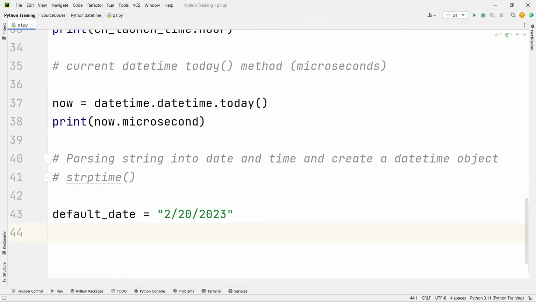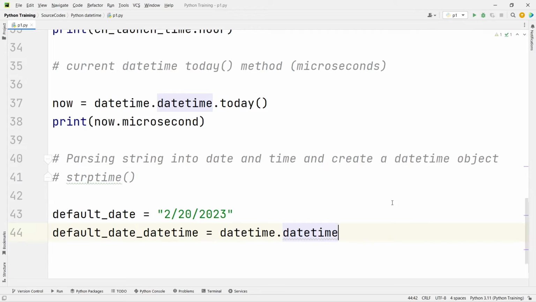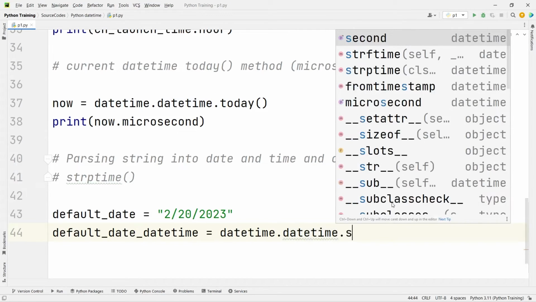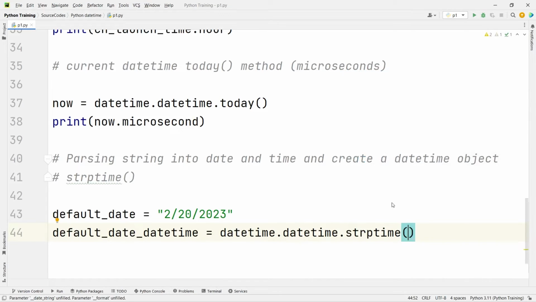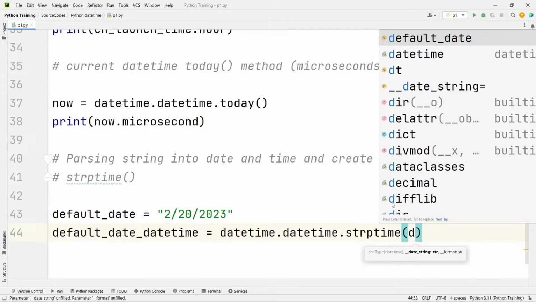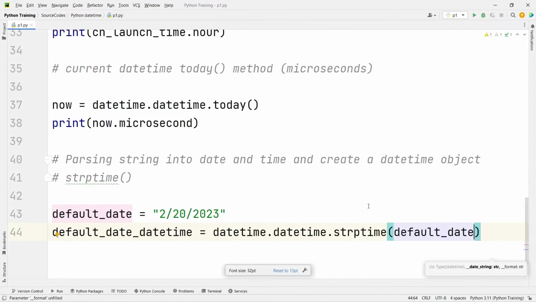So for that I will use my variable default_date_datetime is equal to, I will use my datetime module dot, I will use the datetime class. Here we have the option of strptime. You can see here, this is the option strptime. So first thing first, we have to pass the string. I have already done that. This is the default date, that is our string, and you need to pass the format. So comma,